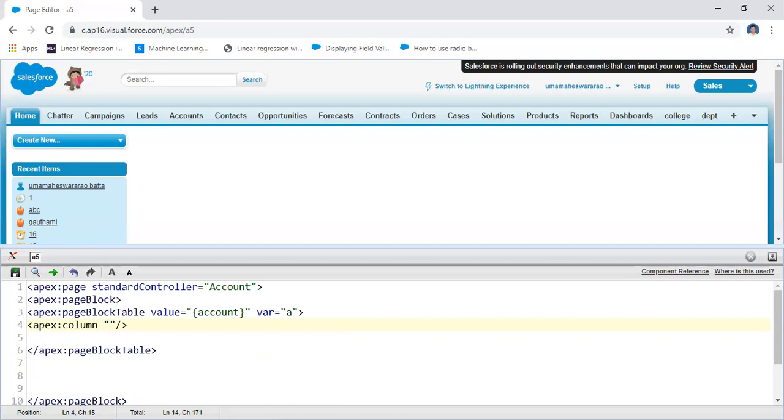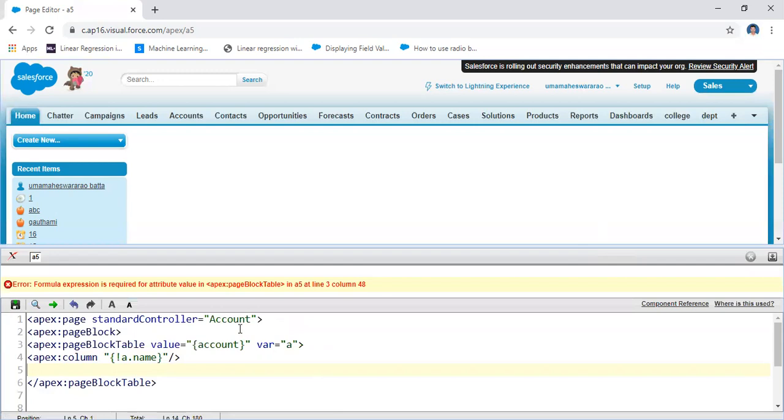Maybe I define the value as exclamation mark a dot name. That means I am collecting information from the account. It's having some error. Other than that, you may use anything here. In this way you will form the account table.